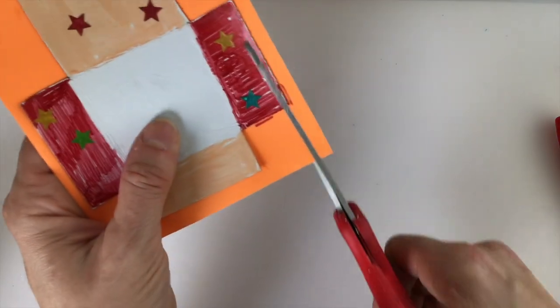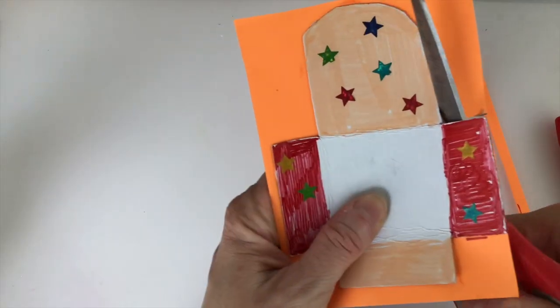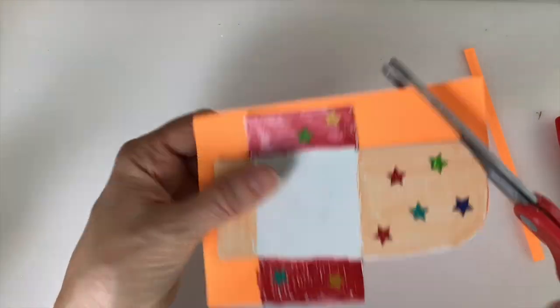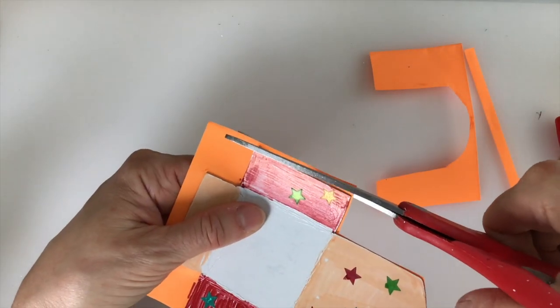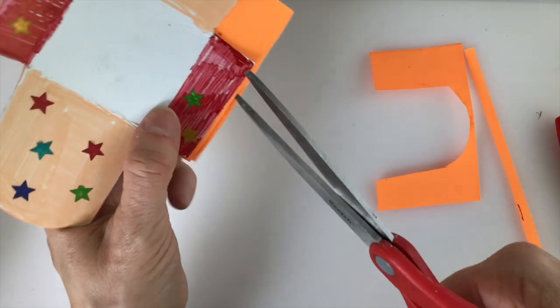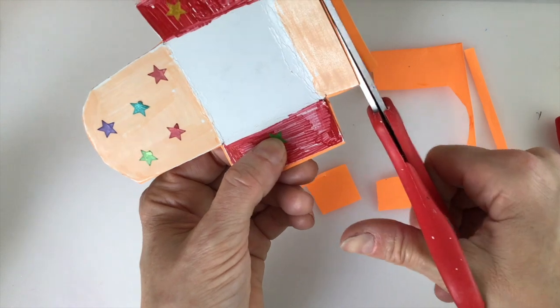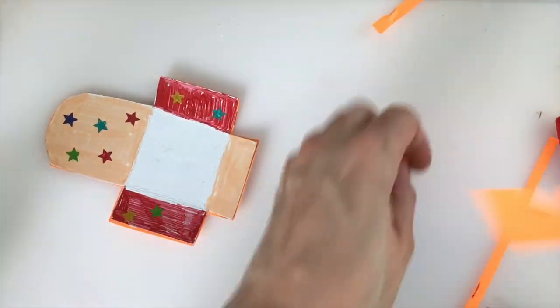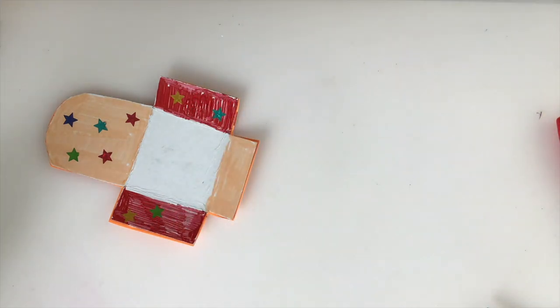Now I'm going to cut off the extra paper, like so, cutting just around the front of the shape so that the back of the chair is all set, and that glue's had a minute or so to set up. Just cutting the excess paper off. Not really trying to do anything fancy here in terms of shaping. The chair is already shaped for you, so you don't need to worry about that part. There. Get these scraps out of here